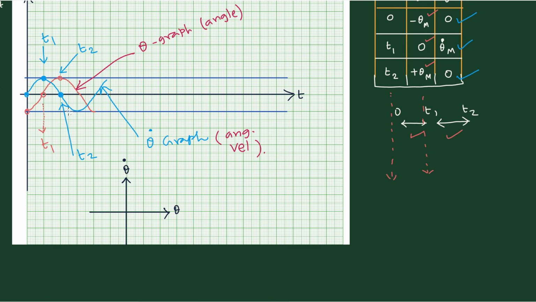Now how do you plot this? You'll have to collect the numbers, that is, from the two graphs that you have. One is the red color one showing theta, and then you have a blue color one. So red value first, blue value second. So what is the red value first? This is the minus of the maximum value. I'll show it here. This is the minus of the maximum value. Then corresponding to that, you have the 0.